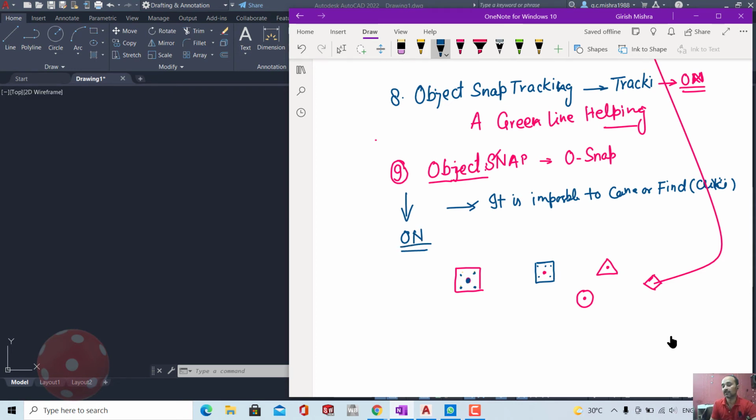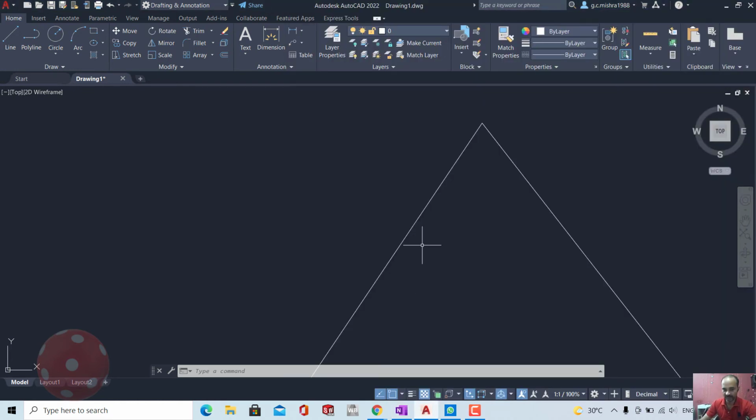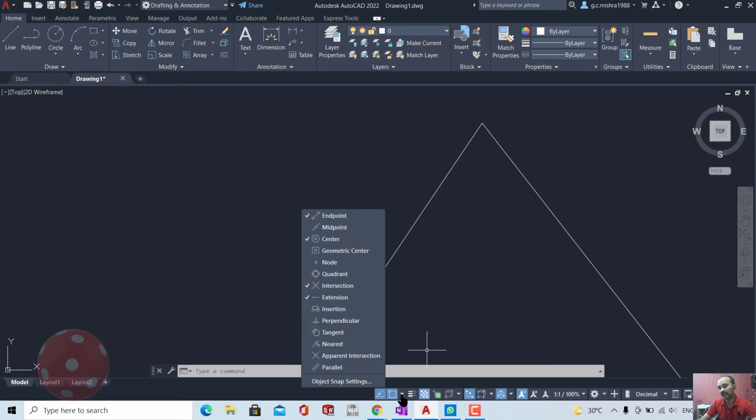There are several things you can turn off during the sketching process. A small arrow button you can turn off, because if all these are on, it will show every one of them. So there will be a rush, meaning several icons at the same time. But if you want to choose center only, turn on center from here, and it will capture the center only. So you can turn it on and off by ticking it.